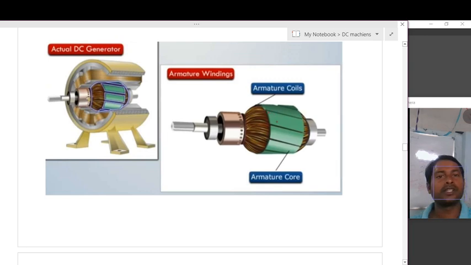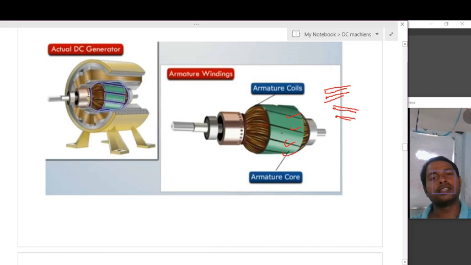Skewed means the actual slots will not be parallel to each other like this. These are skewed at a certain angle. You can see here the slots are skewed. So why are the slots skewed? The answer for this question is